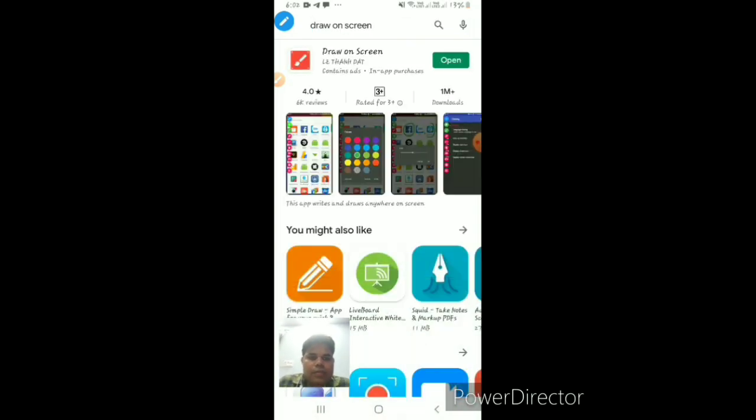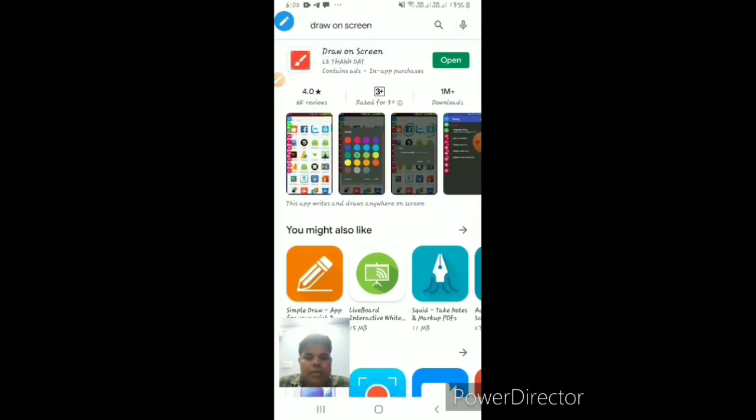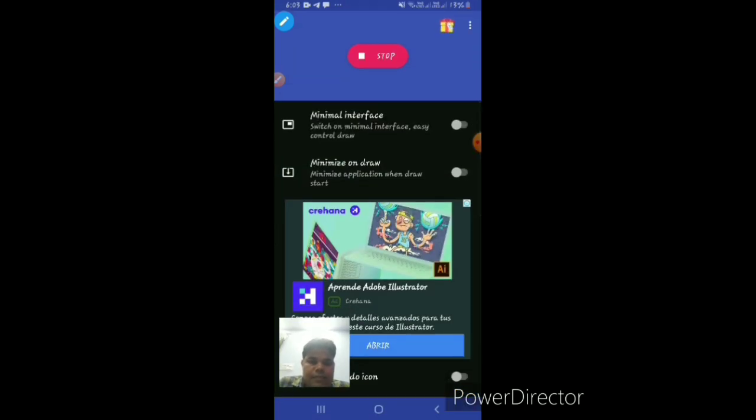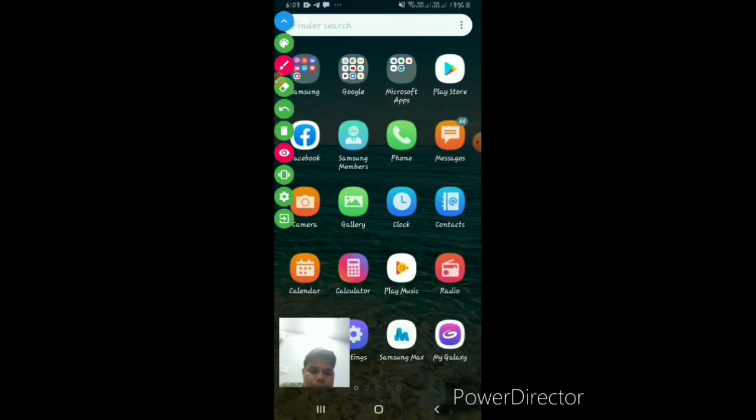Then this software will come up, and there are many software we can use, but currently I am using Draw on Screen. When you open it the first time, you can download it from here. As I have already installed it, I open it. It is on my screen and I can use it from here.